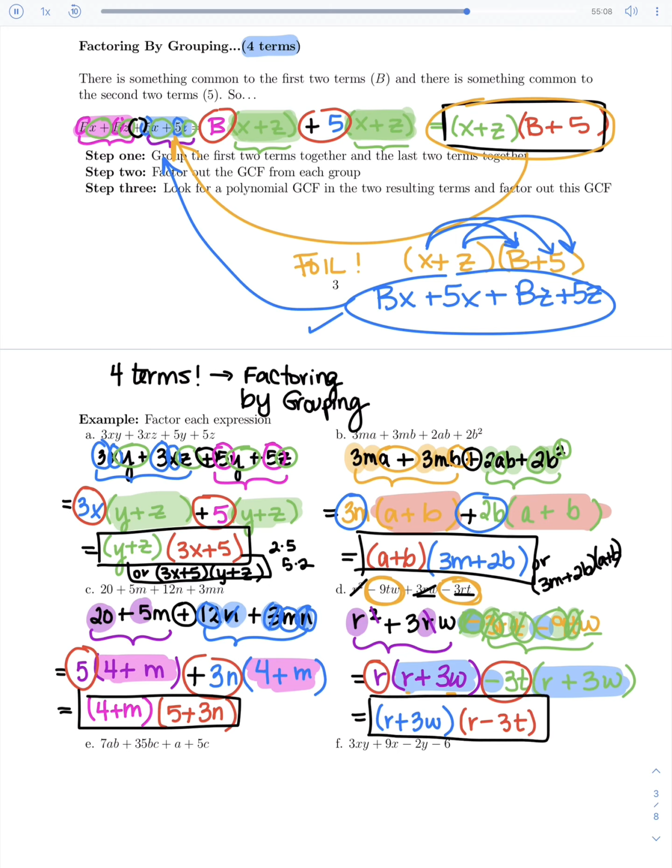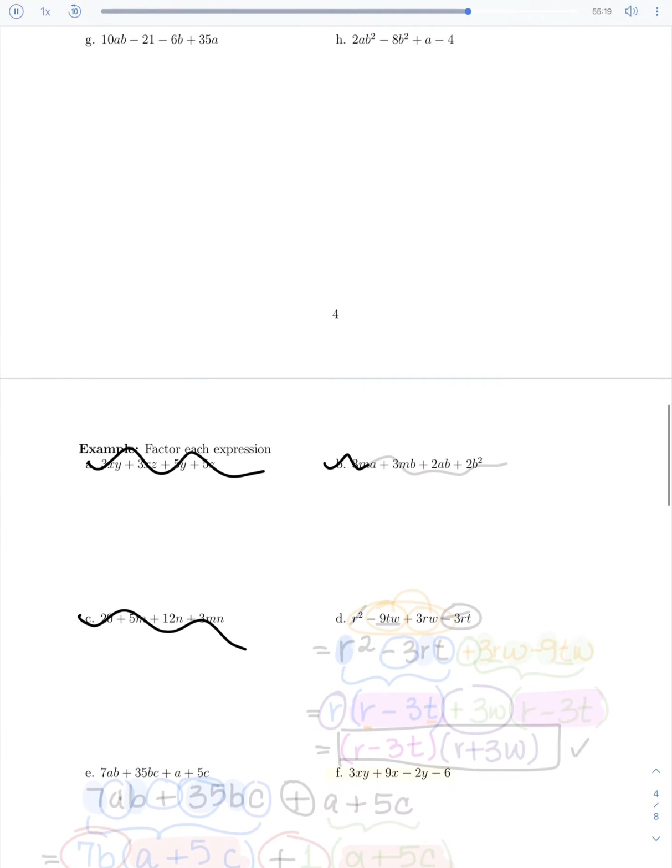Let's redo the same problem in the other direction as well, though. So we've already done problems A, B, C, and we're going to redo